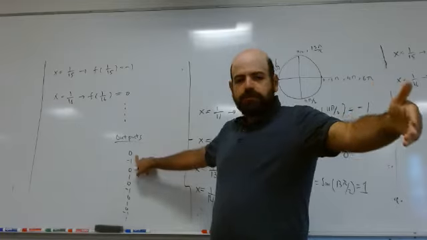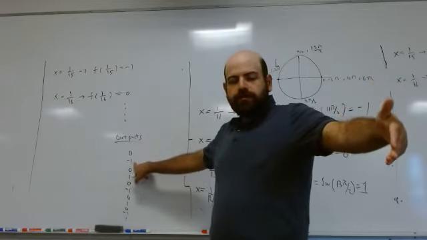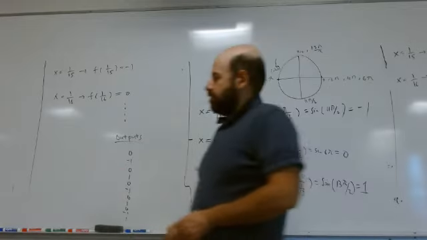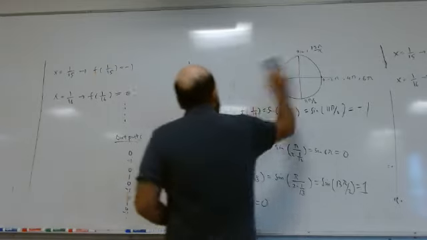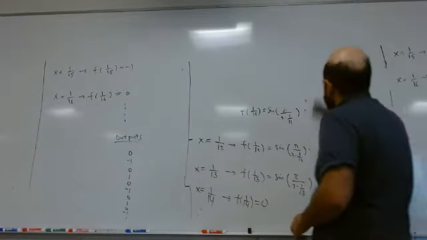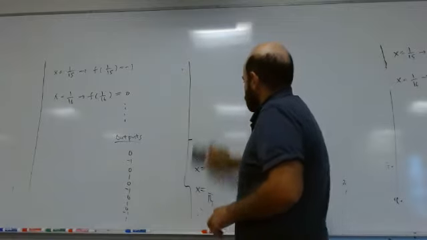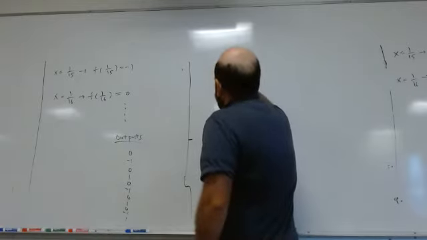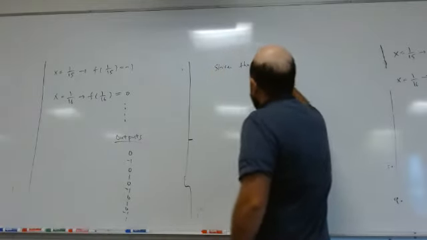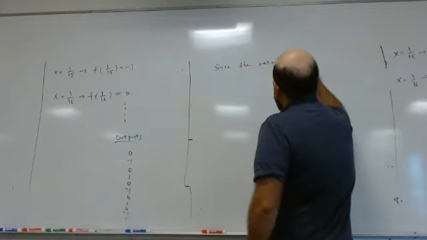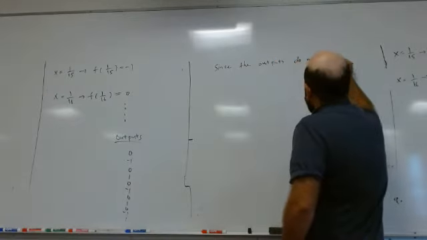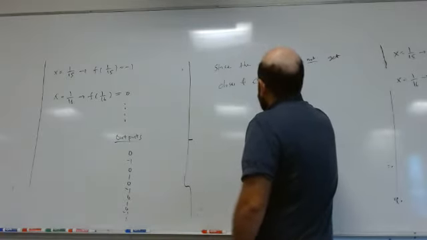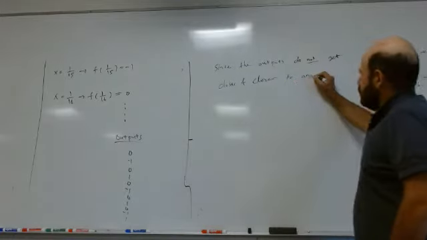They're not getting closer and closer to 0. They're not getting closer and closer to minus 1 or 1 or anything else. So that means the limit does not exist. So since the outputs do not get closer and closer to any real number,